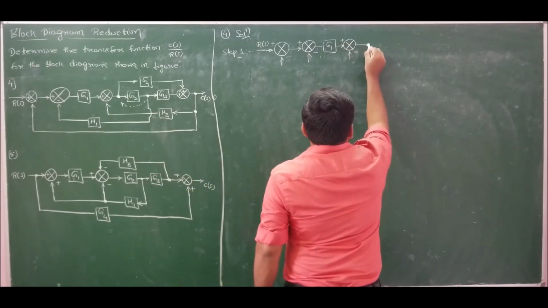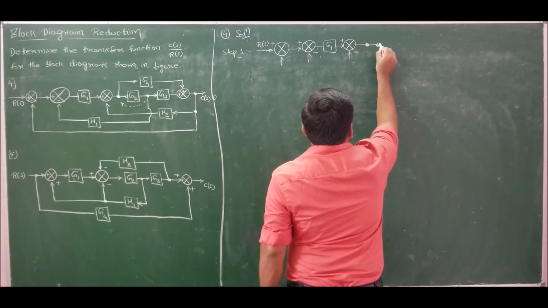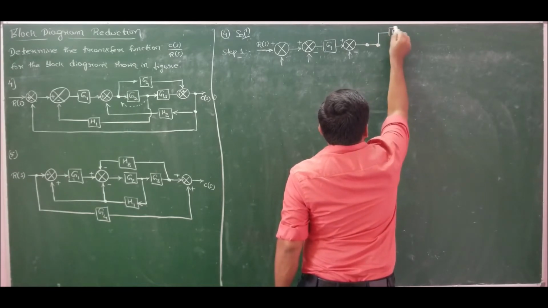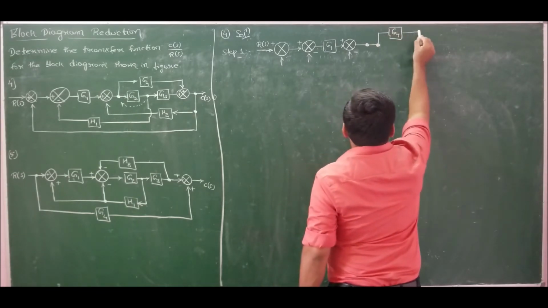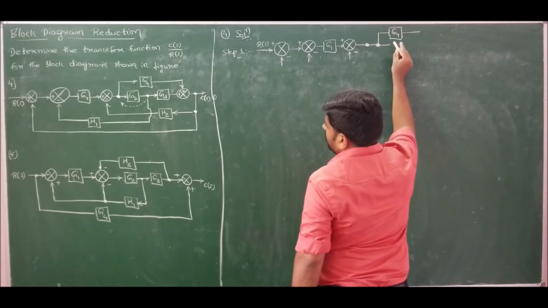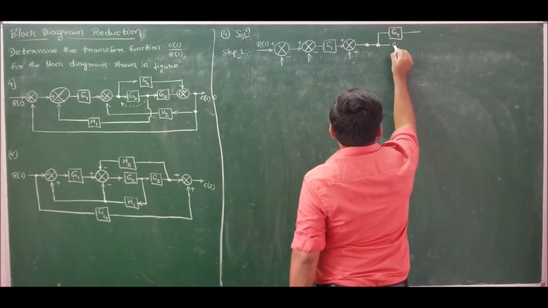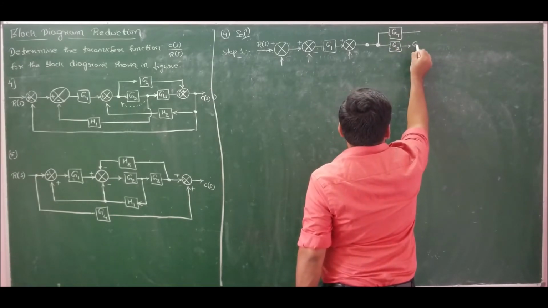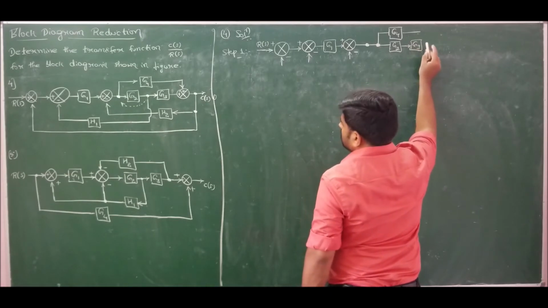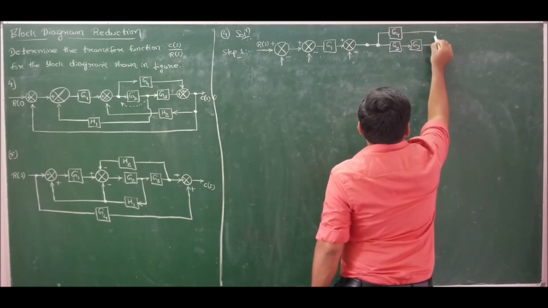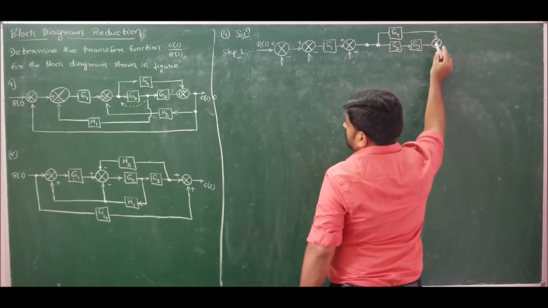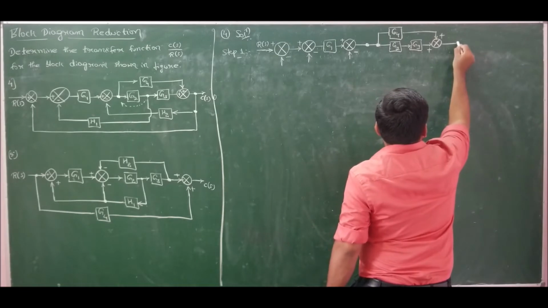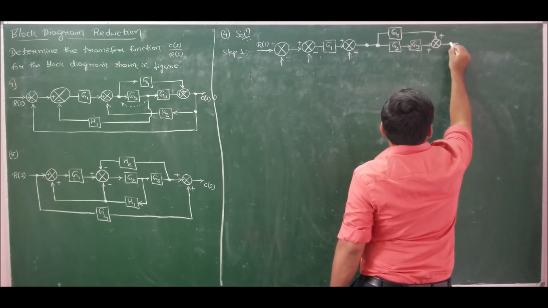When I shift and interchange, I will get 2 takeoff points here. One is for G4. And we are left with G2, G3, G2, G3. And we have one summing point with plus, plus. And we have one takeoff point left out,